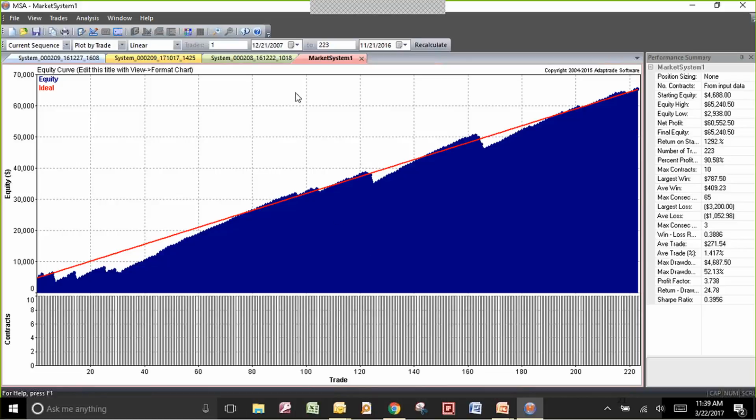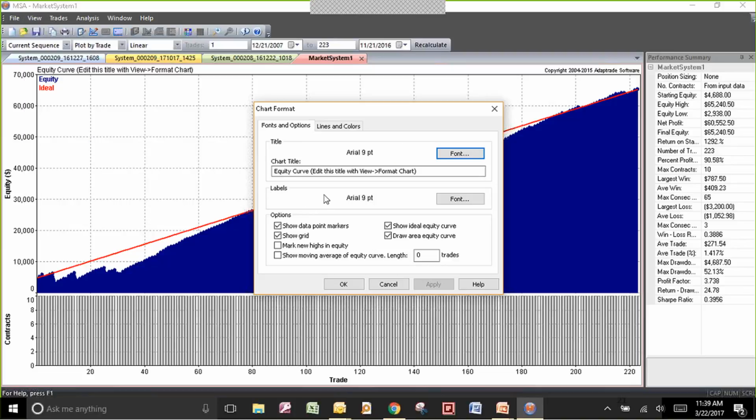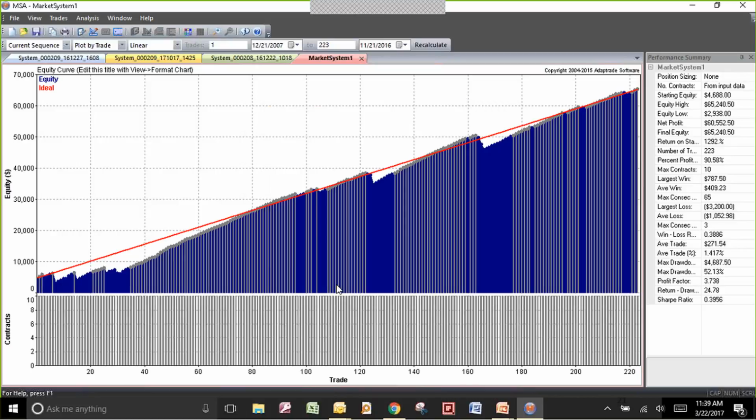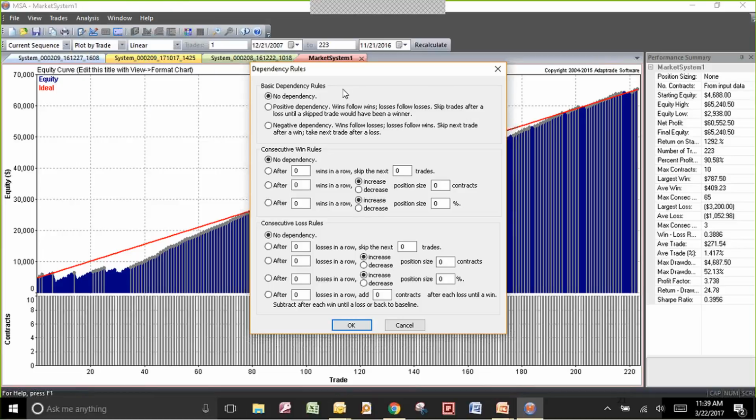And then you can do things in here like I like to come in to format the chart, and I like to tell it to mark the new highs in the equity. Okay, and there you can see those are our white lines again. And so here, what you can do, this is so feature rich. It's amazing the things that you can do. He has these